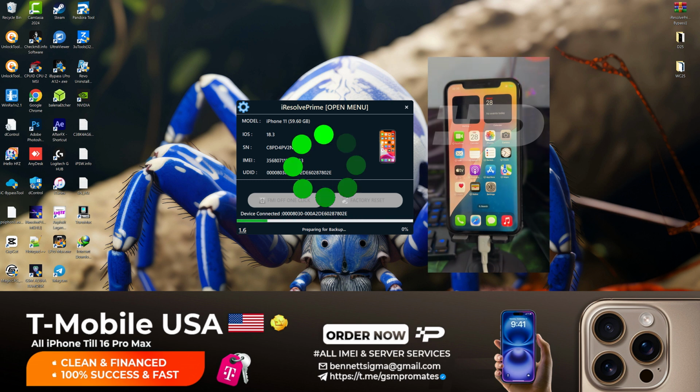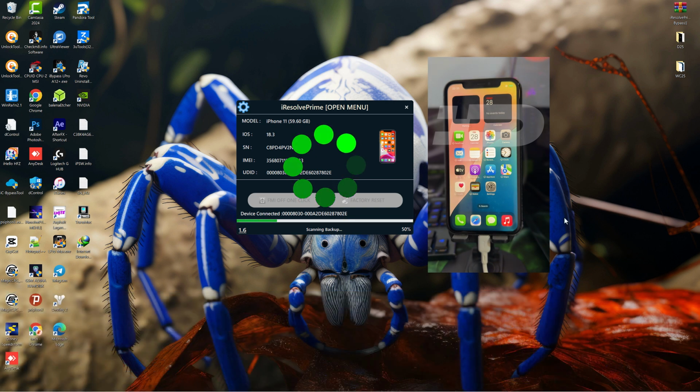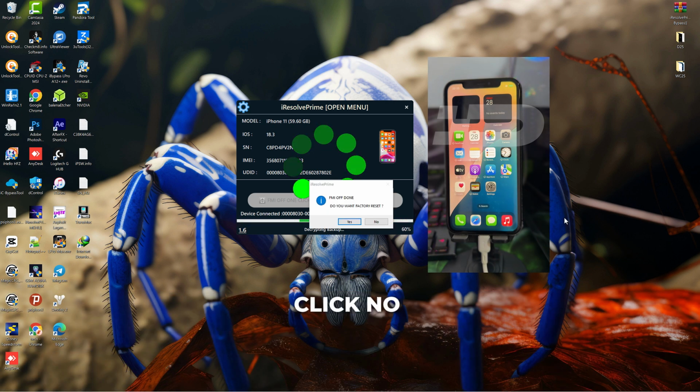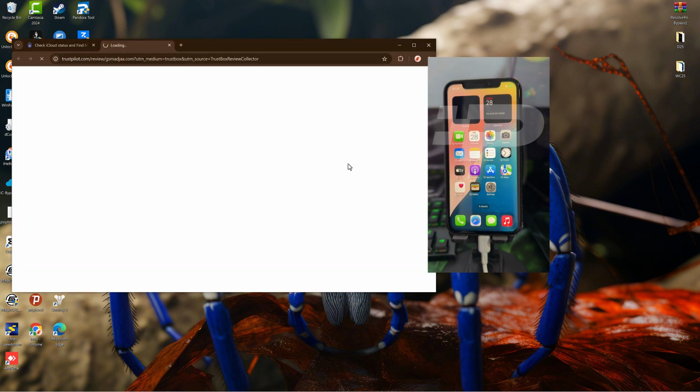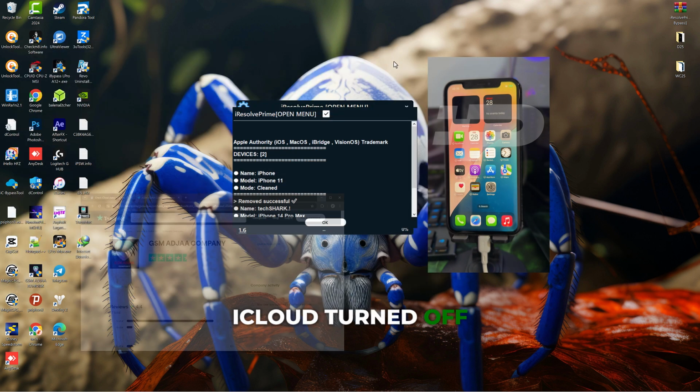The software is going to back up the device and extract some files, for example, the token we've generated by turning off and on the Game Center. By so doing, we generate a new token. So the token has to be extracted within a certain period of time. It shouldn't take longer. So if there are a lot of files on the device, it's going to slow down the backup